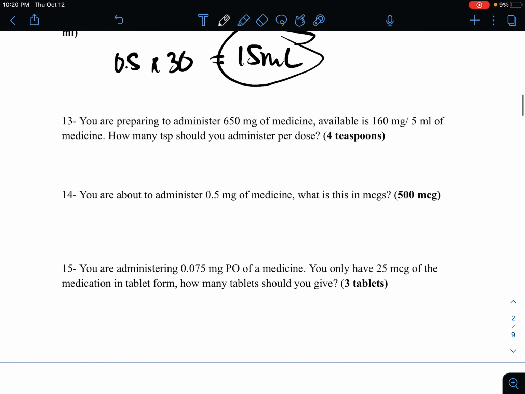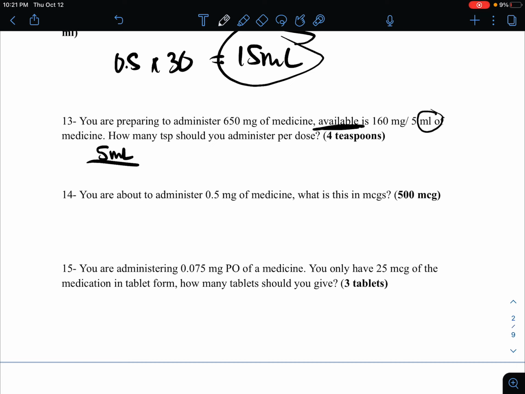Okay, you're preparing to administer 650 milligrams of medicine. Available is 160 mg over 5 mL. How many teaspoons? The only way you could get to teaspoons is by getting milliliters. Like I said in the beginning, what is available will always go first. So it'd be 5 mL, and because you want milliliters, you put it on the top